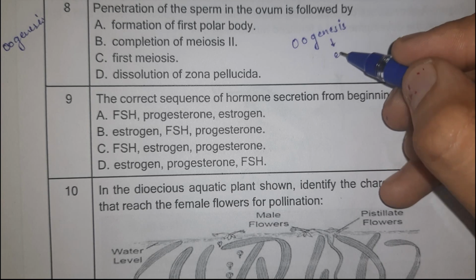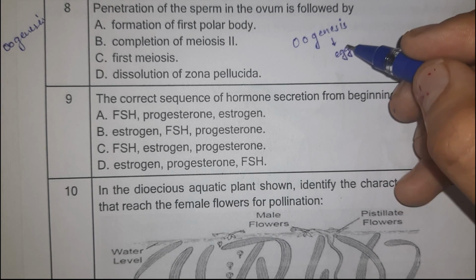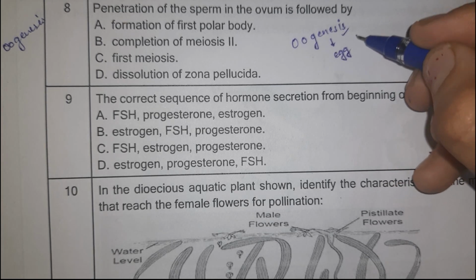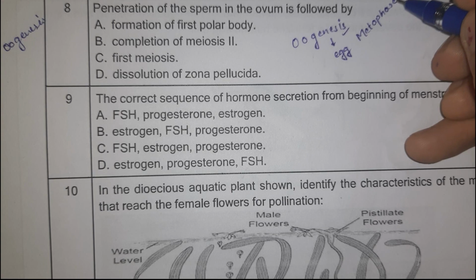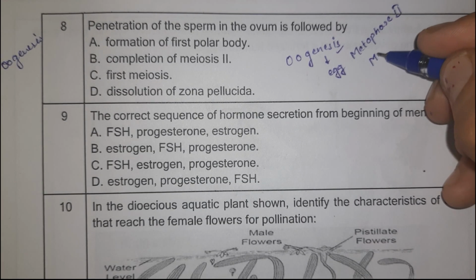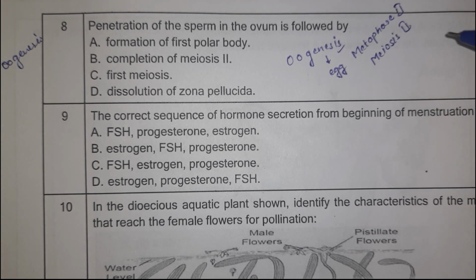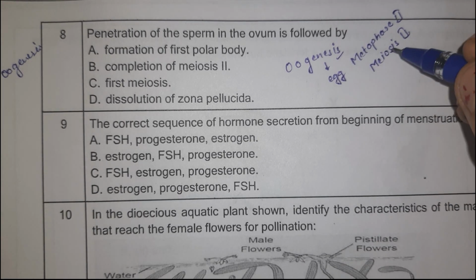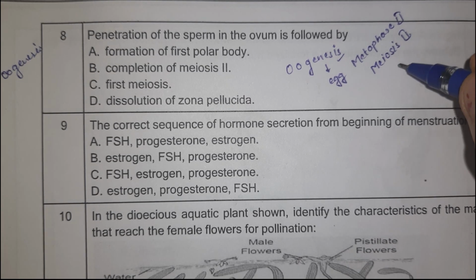Oogenesis में हम एग के फॉर्मेशन की बात करते हैं। ठीक है, तो क्या होता है जब हमारी oogenesis की प्रोसेस चल रही होती है, तो ये मेटाफेज 2 में अरेस्ट हो जाती है, meiosis 2 के। ठीक है, अब क्या होता है कि ये इसी स्टेज पर अरेस्ट रहती है प्यूबर्टी के टाइम पर। ठीक है,